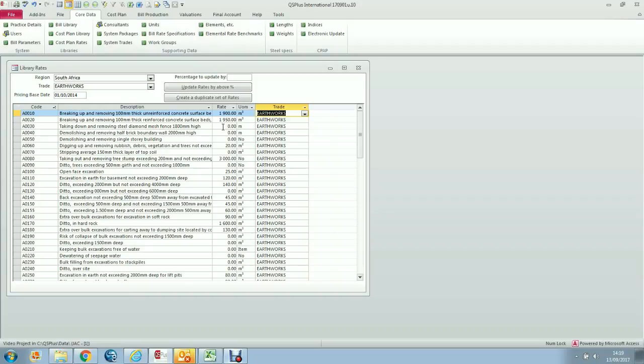And these rates can be amended. You can update the rates by a percentage. You can create a duplicate set of rates. Other countries will carry probably different rates in their own currency, and this is a way of maintaining the rates, so that when you select the rate against a rate build-up item, it will pull through the correct price